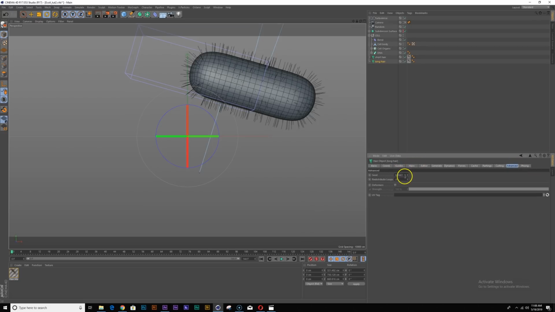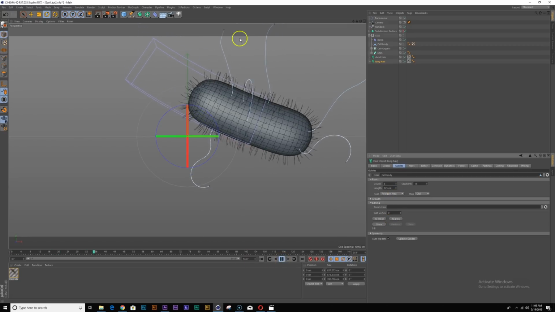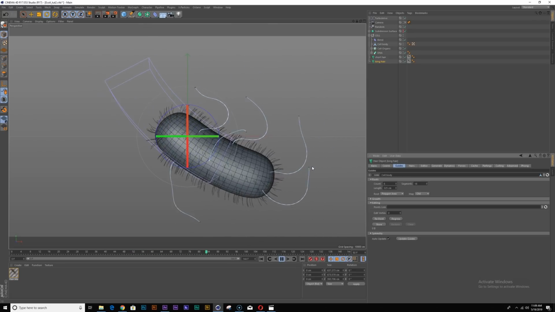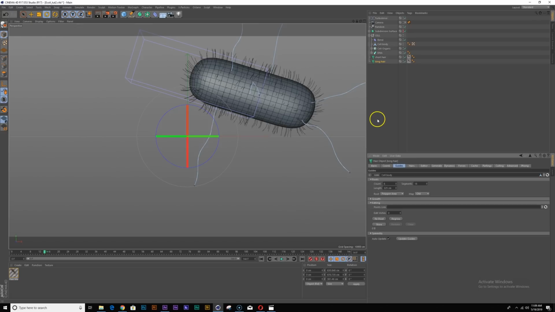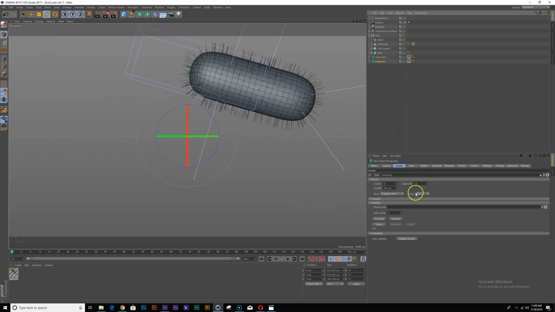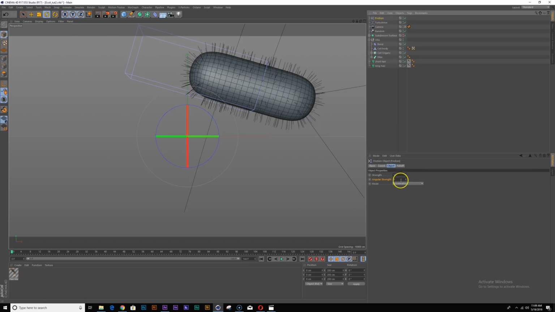And so you're just kind of playing, trial and error. Oh, okay, that looks a little better as far as the position of these guys. Cool. And another thing I might want to do is make this even a little longer. In addition to the turbulence, let's go to simulate particles and maybe add a little friction to our scene.